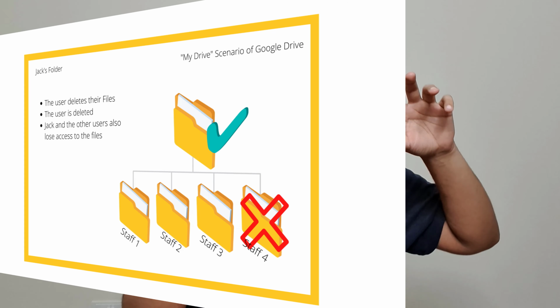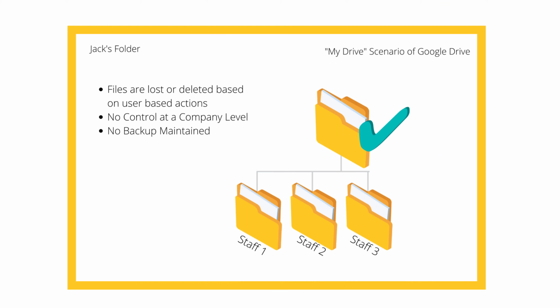What would happen is all the content, all the data which was there at a user level is also deleted. And that folder would now have fewer files in it because the user who had previously contributed is now deleted, and along with the user deletion, all their files have also been deleted. Now the reason for this is the files and documents uploaded by the deleted user were under the ownership of that specific user and not of the company.